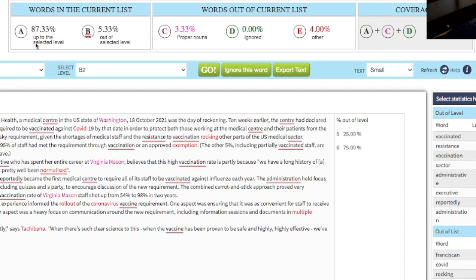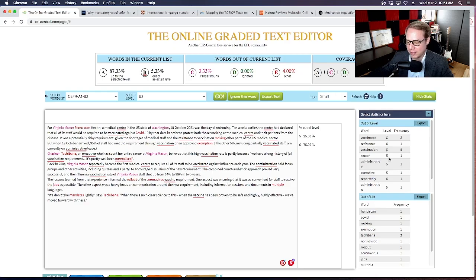And now we can see that 87% fall up to that selected level of B2, whereas a little over 5% is outside of that selected level. And we can see exactly which words are falling outside of that B2 CEFR level here. So now we're getting a little bit closer to what we want if you're teaching students who are at